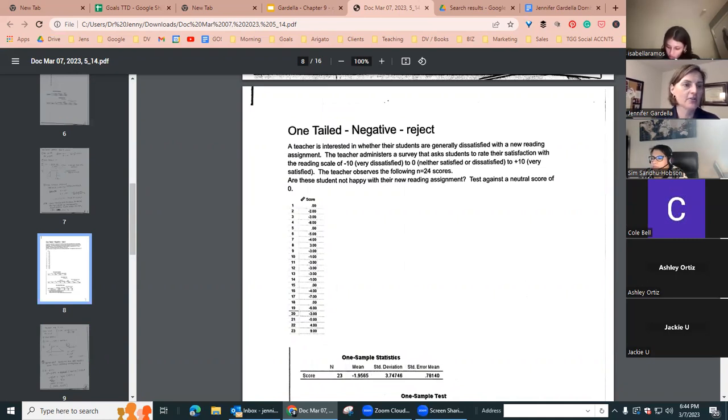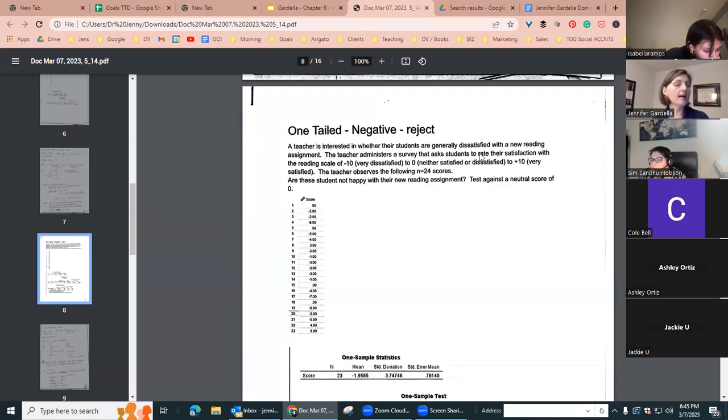The teacher administers a survey that asks students to rate their satisfaction with a reading scale, with the scale of -10, very dissatisfied, to 0, satisfied or not satisfied, to +10, very satisfied. The teacher observes the following n equals 24 scores. So we've got 24 kids. I cut off the last score for you. I'll have to put that in. Test against a neutral score of 0. So normally kids on reading assignments get a neutral score of 0. So we want to see, she believes that they're going to be more